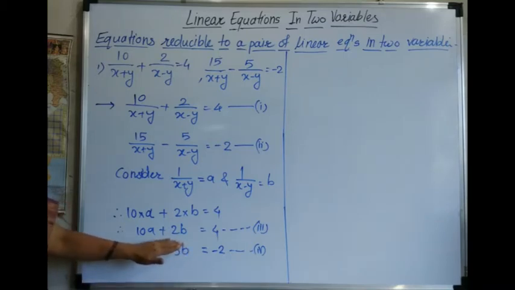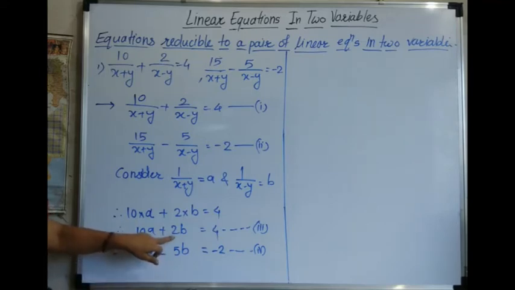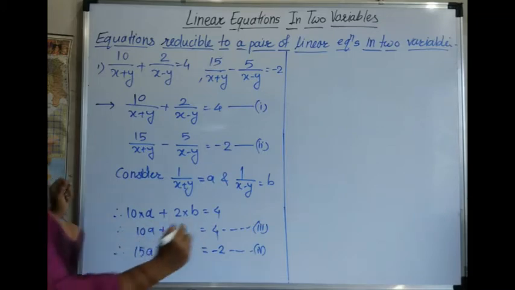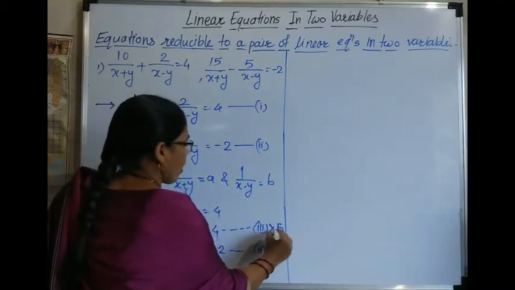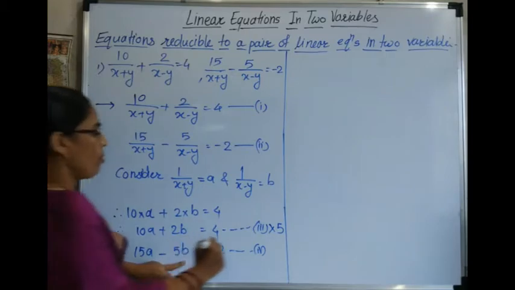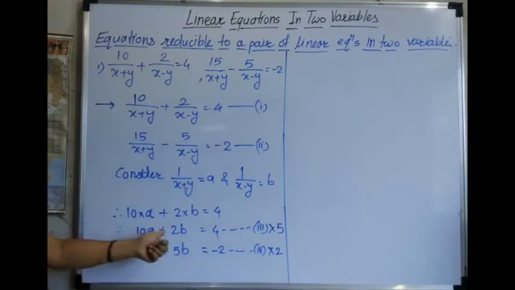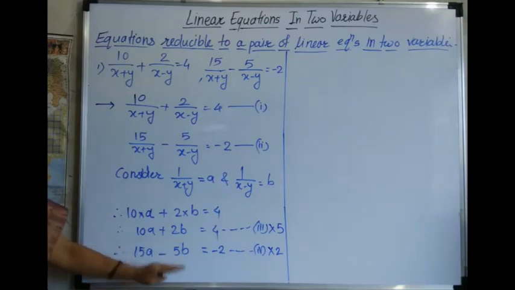For that we have to find the LCM of these two numbers, means 2 and 5. So the LCM of these two numbers is 10, and by which number we have to multiply these two, then we will get 10. Here we can multiply this by 5 because 5 2s are 10, and here this equation here 5b, this 5b we have to multiply by 2, then only you will get here 10b, and then plus 10b and minus 10b we can cancel, and then we will get the equation in one variable.